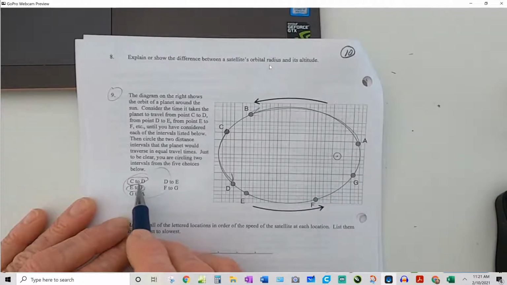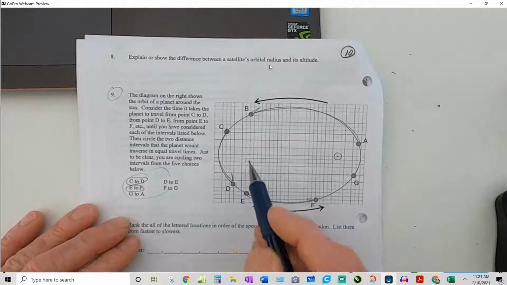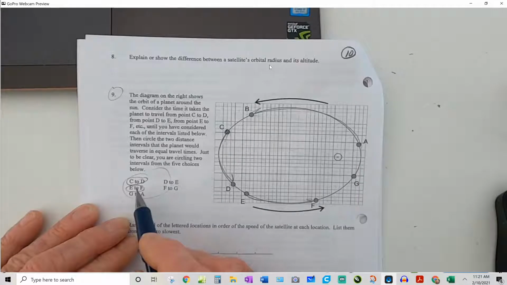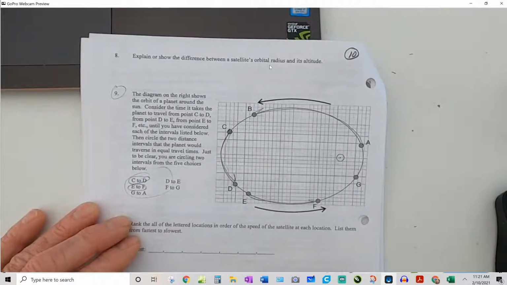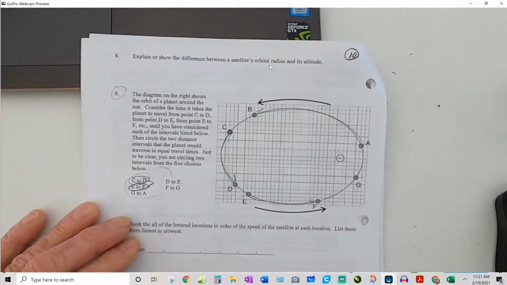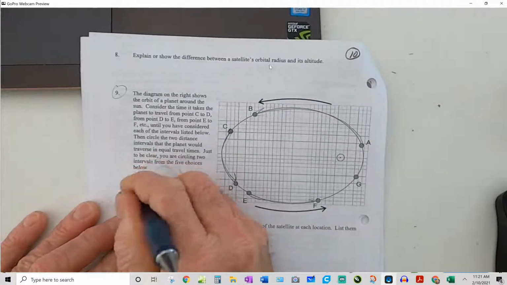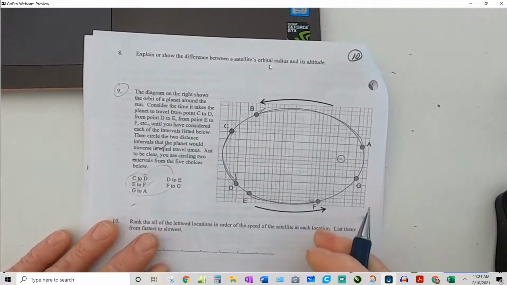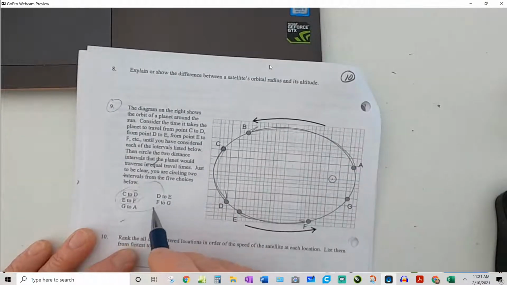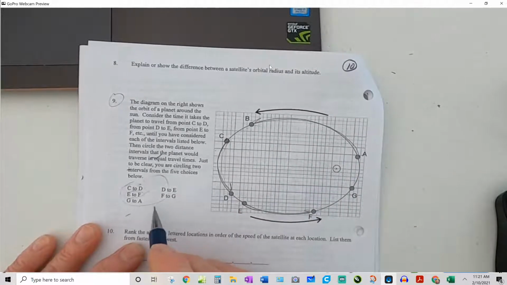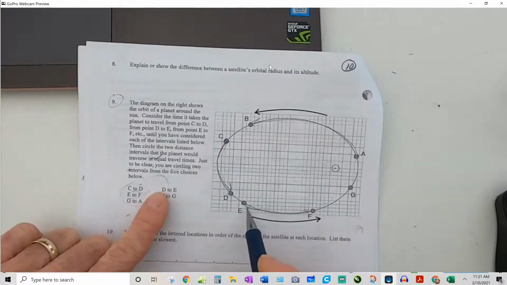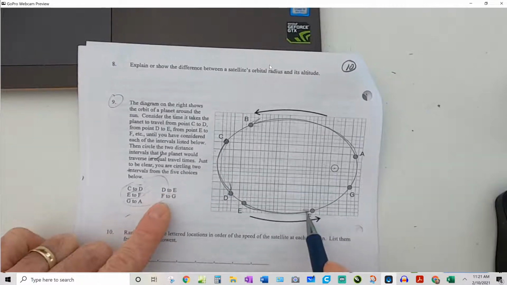E to F. If you think it's going to take just as long to go from C to D as it is from E to F, then you circle both of those. Like you would say, C to D, E to F. Those are the two. Now, there are a couple of them that are conspicuously lacking. You can't choose A to B, that's not a choice. And neither is B to C. So keep in mind your only choices are C to D, D to E, E to F, F to G,